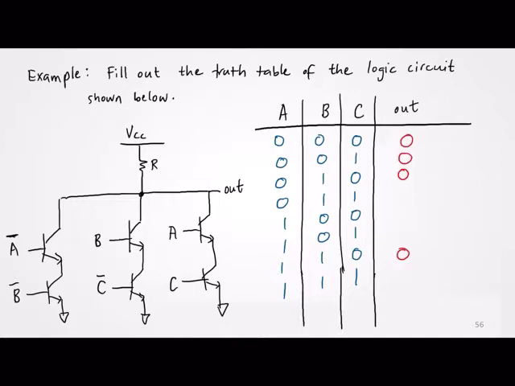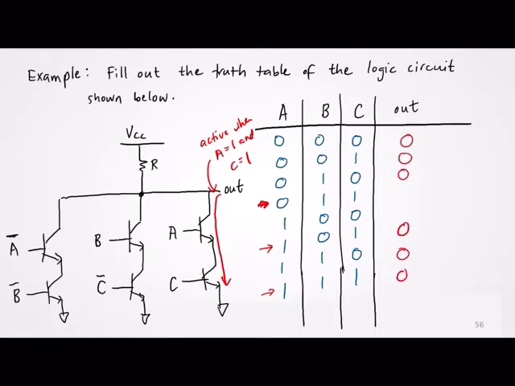And then lastly, I have one more path to ground, which is this path here. And this path is active when, look at the value of A only, so A is 1 and C is also 1. If I look at the truth table, it's going to be these two rows here. Not this one, but this one, right? So regardless of the value of B, as long as A is 1 and C is 1, I have a path